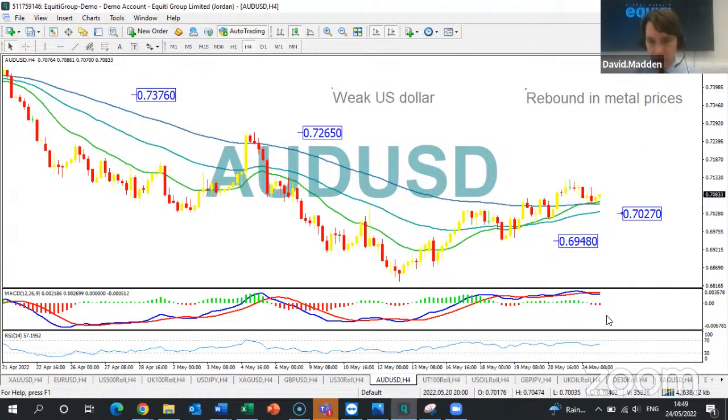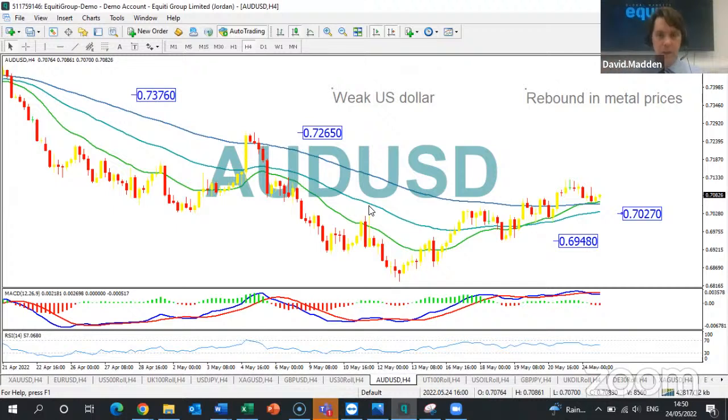Looking at the MACD indicator, we can see here that momentum has swung from ever so slightly being in positive territory to ever so slightly being in negative territory, indicating that the bears are now in control. Looking at the RSI, it's actually been tilting higher the last few hours, suggesting the price bias is to the upside. But if you do see a continuation of this short-term downward move in the AUD USD, where can we go to? Well, I've been looking back down towards this simple moving average here, which is the 50-period moving average. You can see it acted nicely as support here. It acted as a support zone here, and in fact, a resistance zone here and a resistance zone here.